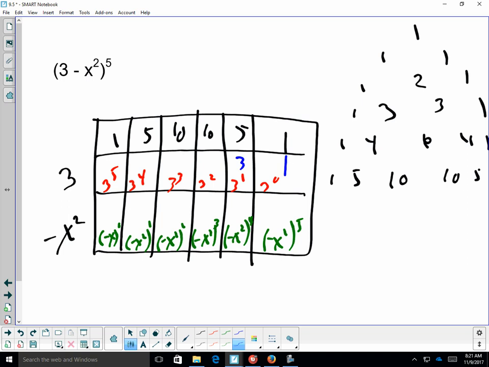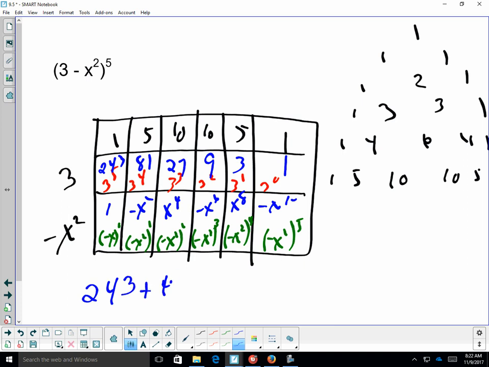This will be 1, 3, 9, 27, 81, 243. Then this will be 1, negative x squared. This will be a positive x to the fourth, negative x to the sixth, positive x to the eighth, negative x to the 10th. Multiplying down, I'm going to have 243